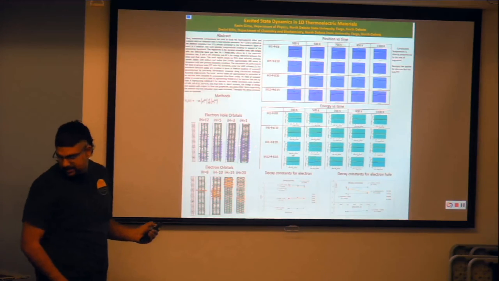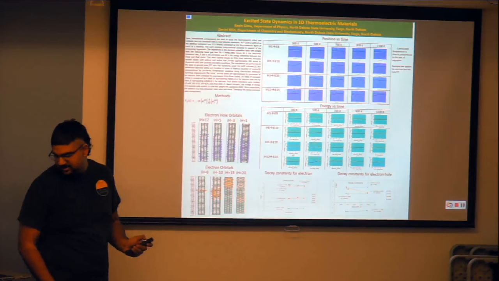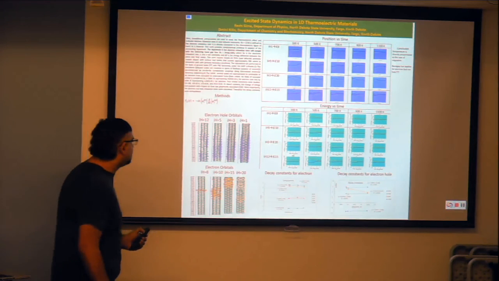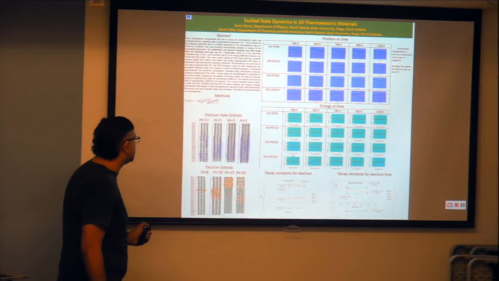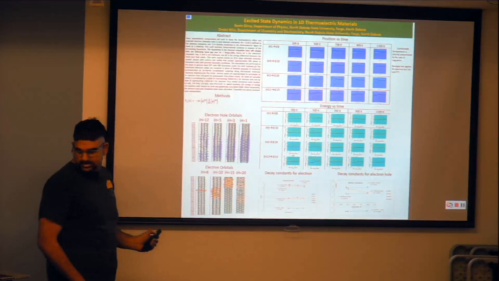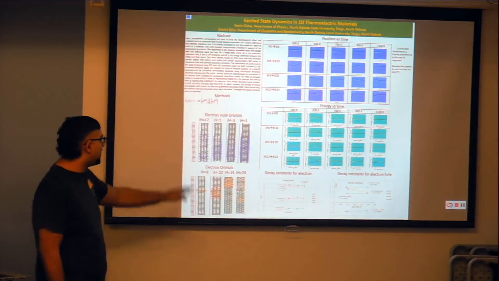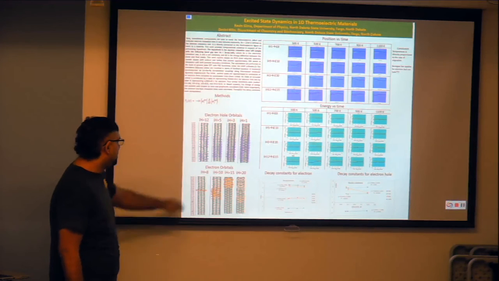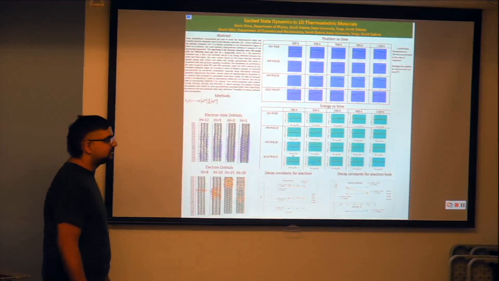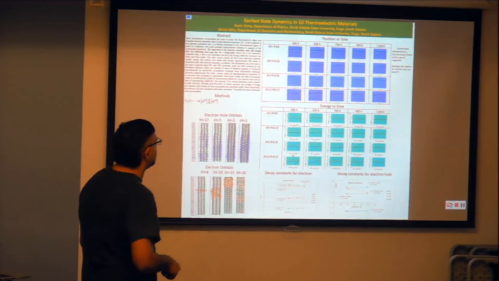The bright green is my telluride. The dark green is my lead. And I'm doping them with iodine, which is right here, and then sodium, which is here. All of these orbitals you see here are p orbitals, and they're all localized on telluride. All right, so I just wanted to make a quick note about that.